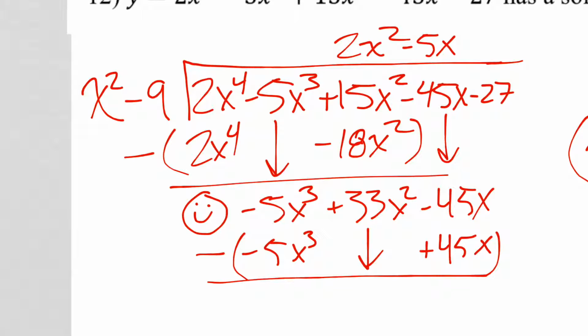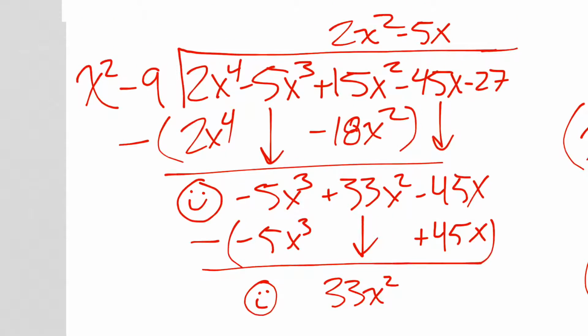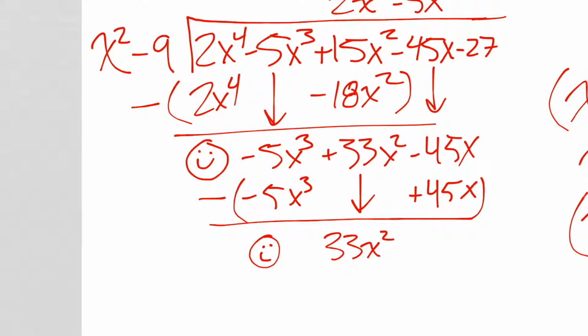And we say that negative 5x cubed minus negative 5x cubed is happy face 0. And we say that 33x squared minus 0x squared is still just 33x squared. And fortunately, we know that negative 45x minus positive 45x is